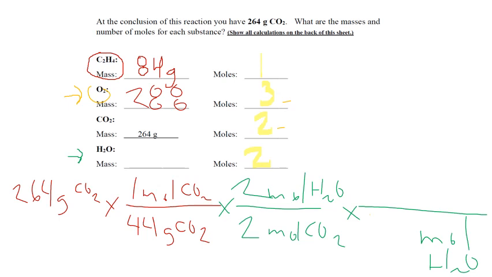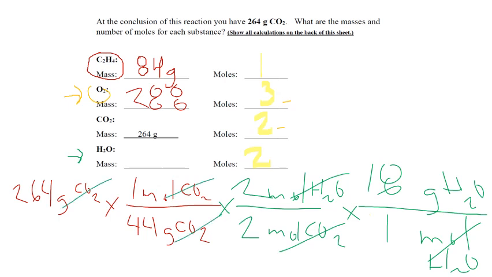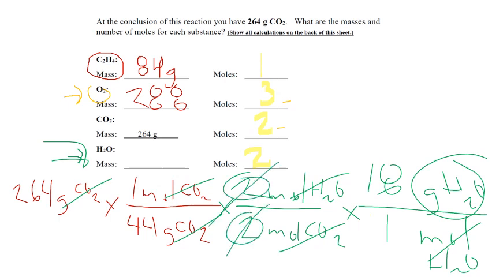So then I say, cool, moles of water, good for me. I did it. Now I need to convert this to grams of water, and I say, wait a minute, how many grams of water equals a mole of water? I've done it already. I just go up here, 18 equals 1 mole. And this is so great. Again, my moles of water cancel out, my moles of carbon dioxide cancel out, and my grams of carbon dioxide cancel out, and I'm left with grams of water, which was the whole point in the first place. I do some multiplying and some dividing. So I go 264 times 18. I don't really need to do 2 because 2's down here. So cancel you, get out of here. Divided by 44 equals